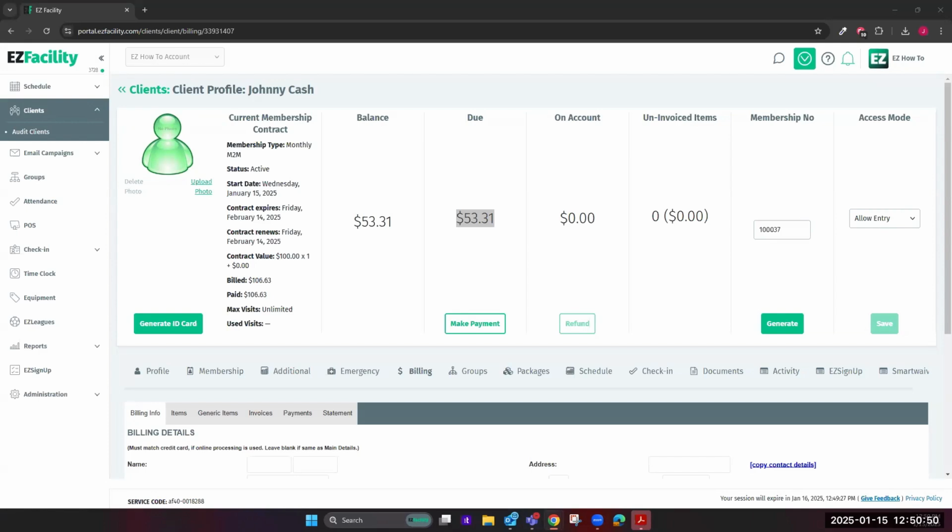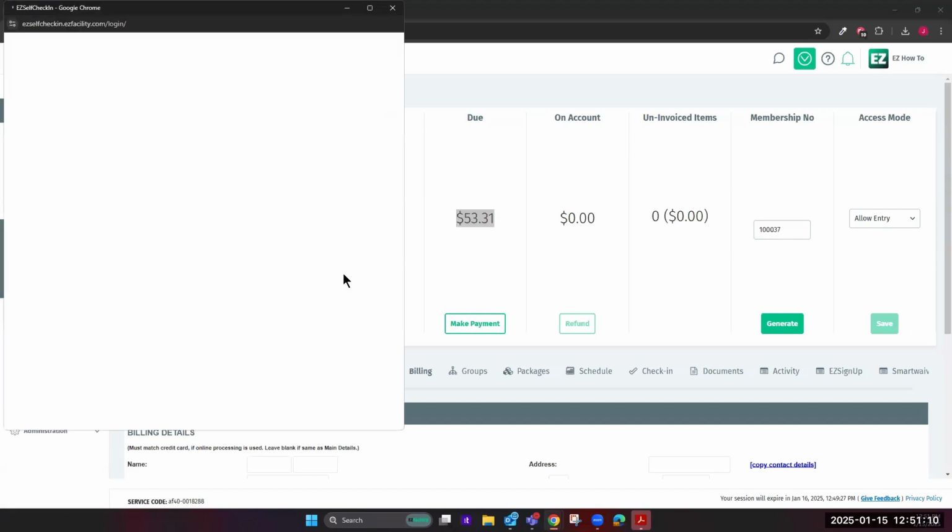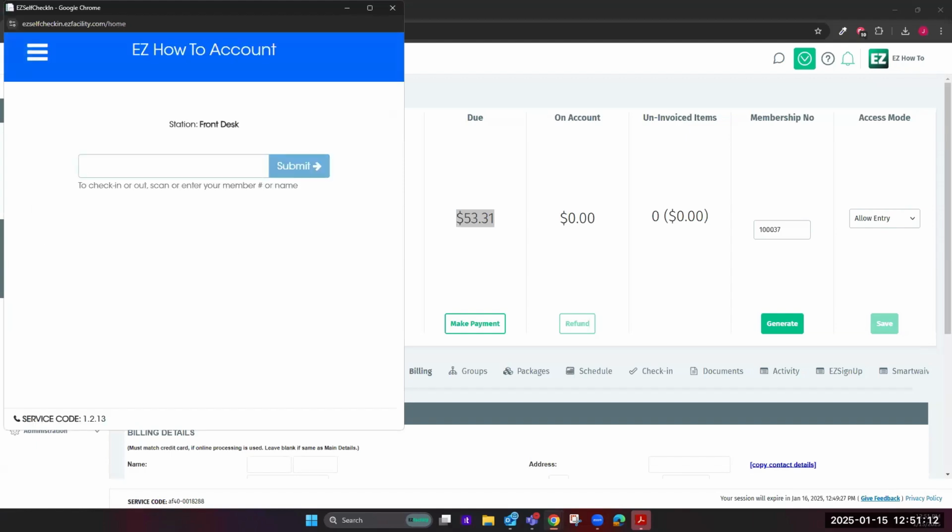All right. EZFacility Gym Club users. What type of check-in system do you all use? Our facility has not opened up yet, and we are debating between a laptop or iPad for check-in. What is everyone using? Suggestions. So we also do have this self check-in station. I did not demo this yet. So the self check-in station would allow you to have an iPad and allow your clients to be able to go ahead and check themselves in. So if, for instance, we go ahead and we type in Johnny Cash's name,